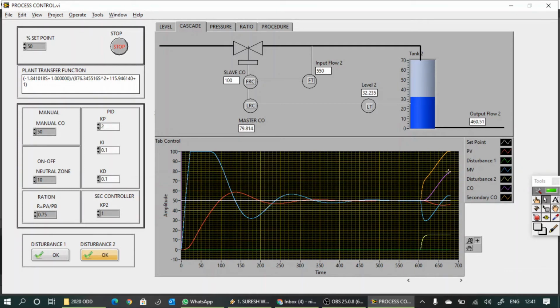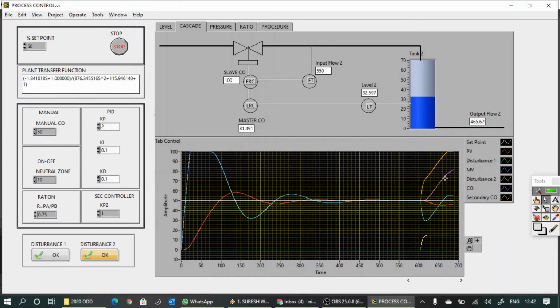So here you can see that except level, all, including level, have saturation. From a range point of view, in percentage terms, it can't decrease below 0 and it can't go beyond 100%. So for this secondary control output, 100% is reached. So you can see the effect of the different variables.